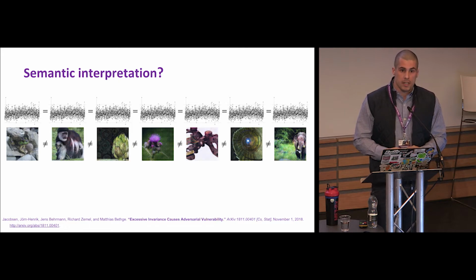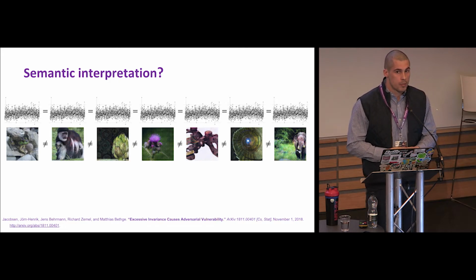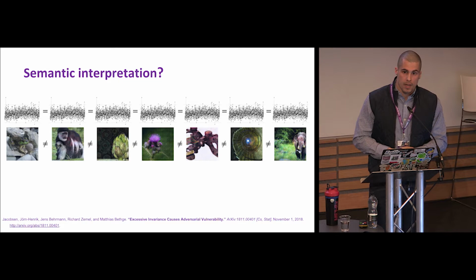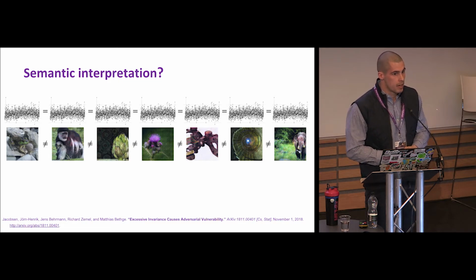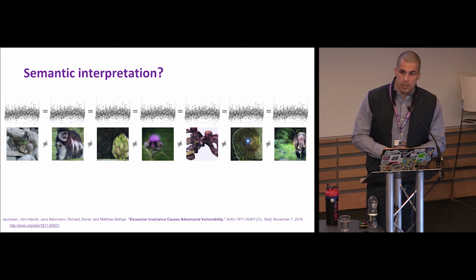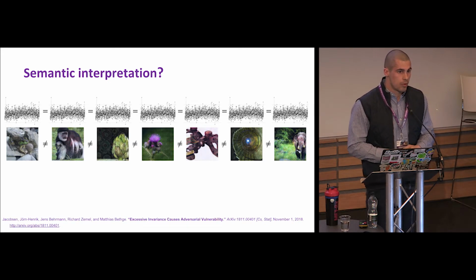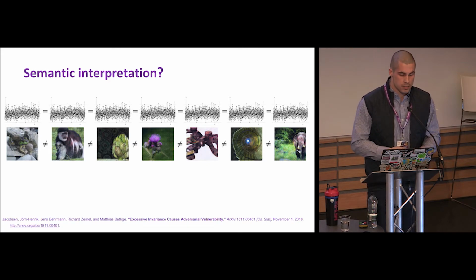Essentially, it does not interpret the images the same way we would, and therefore that should make us question, again, are the features that the machine learning model is extracting meaningful or not? And is it always the case or is it not always the case? And to what extent is that the case?